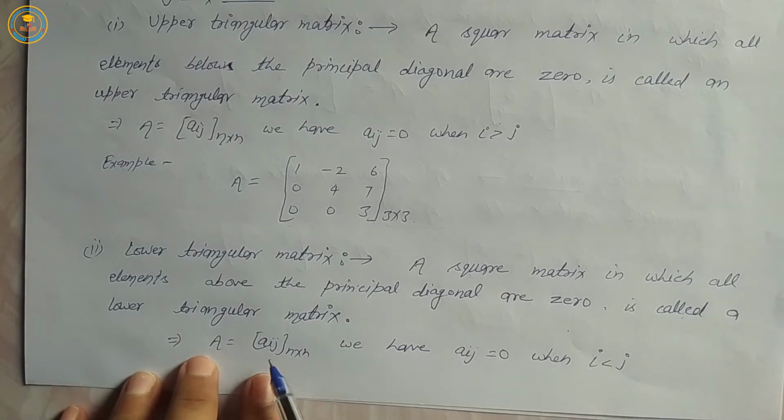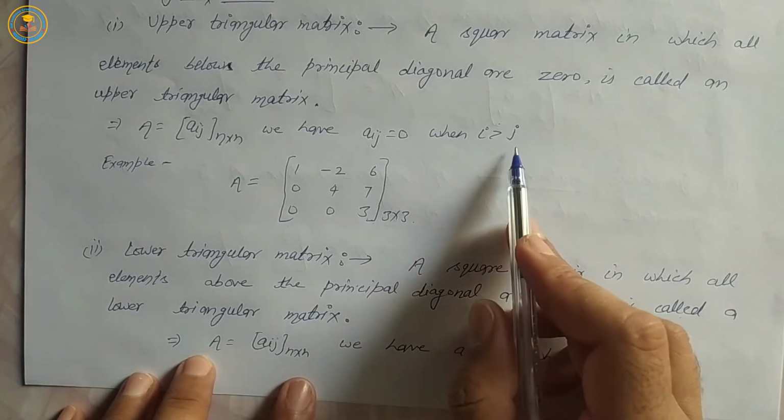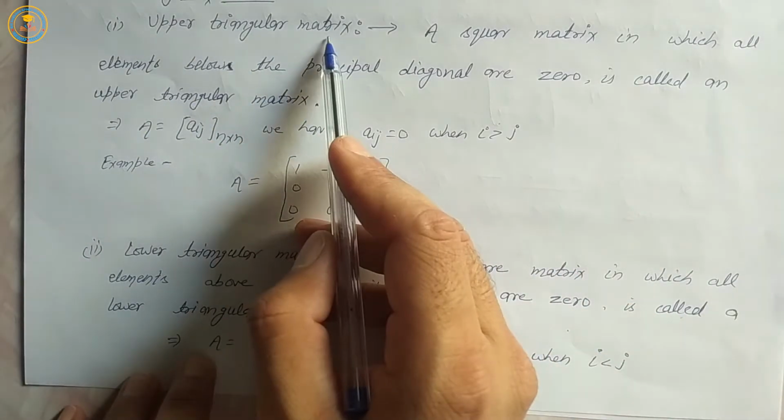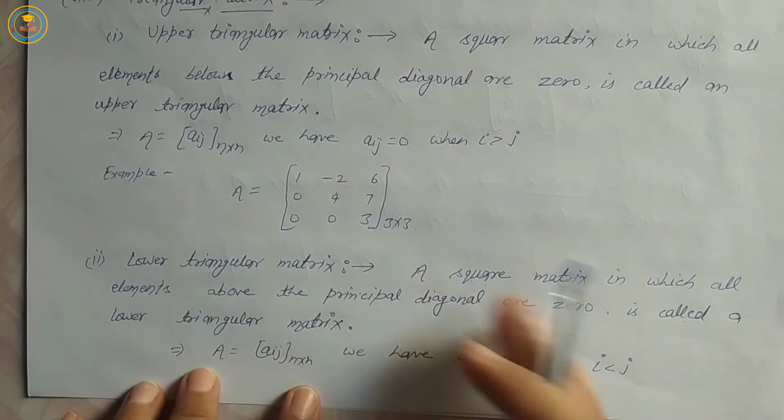That is, A is equal to [aij] of order n cross n. We have aij is equal to 0 when i is greater than j for an upper triangular matrix, and aij is equal to 0 when i is less than j for a lower triangular matrix. For example,